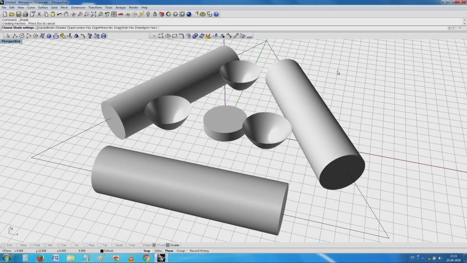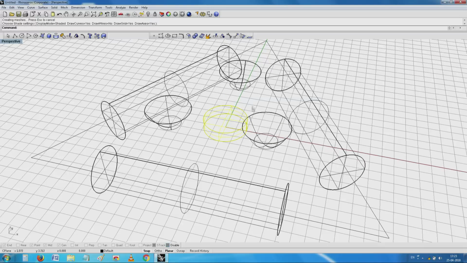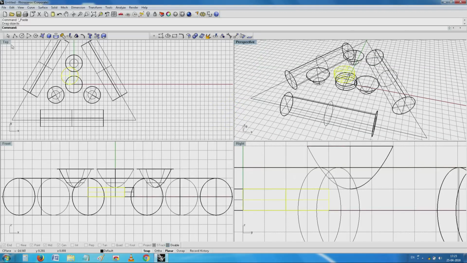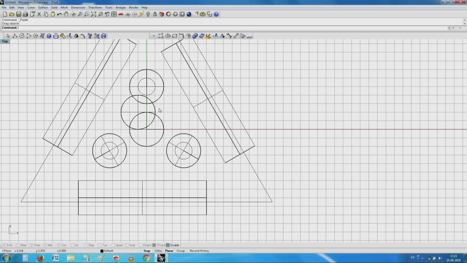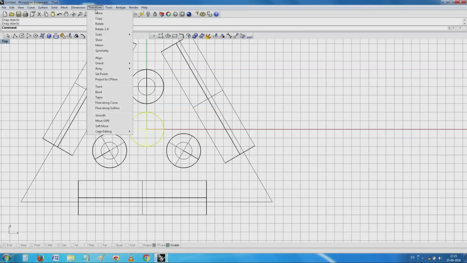In my case, let me call it a small switch. So, I will copy one on top of the other, maybe move it up a little. And then try to transform it by scaling it up to make it look like a small switch.